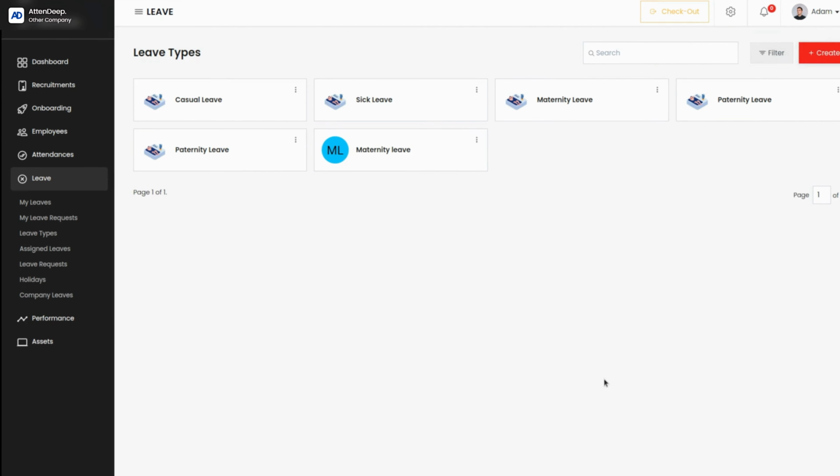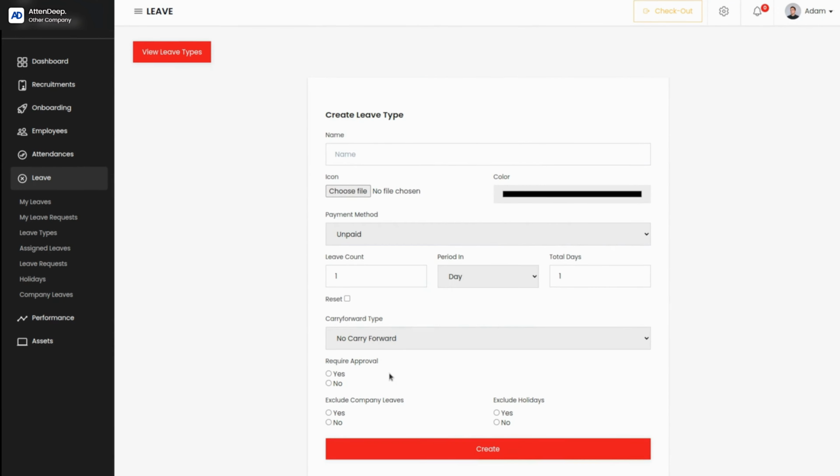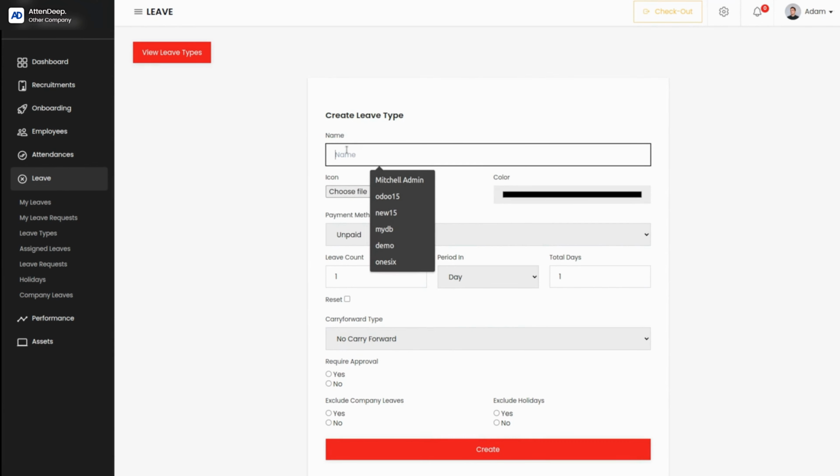Okay, now let's see how to create a leave type. It's very simple. Click on the create icon over here, and such a form appears. Here you have to provide the name of the leave type. I'm putting the leave type as casual leave, and then you have to provide an icon for the leave type. It's not mandatory. If you are providing an icon, you can choose it from your system